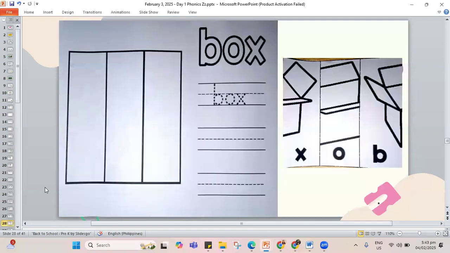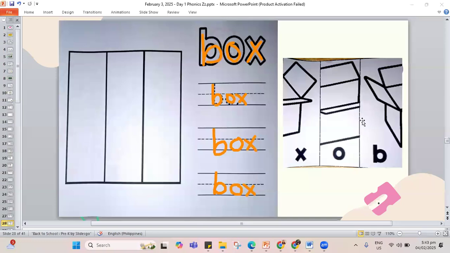And I will do the word box. So again, we have the word box, B-O-X, that is box. Again, B, O, and the letter X, box. So when we write it lying down, a bear's belly, O and X, that's box. Lying down, a bear's belly, O and X, that is the word box.